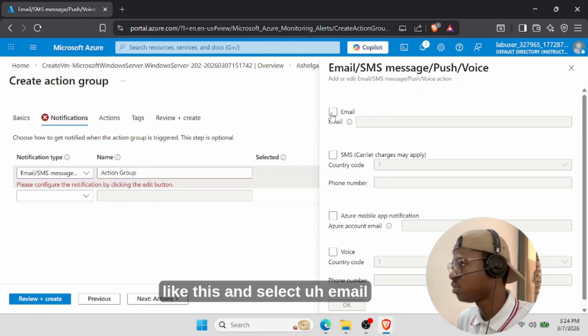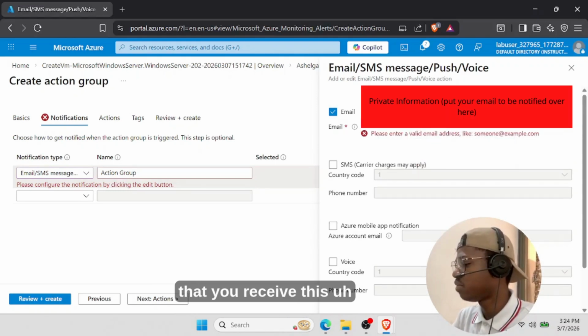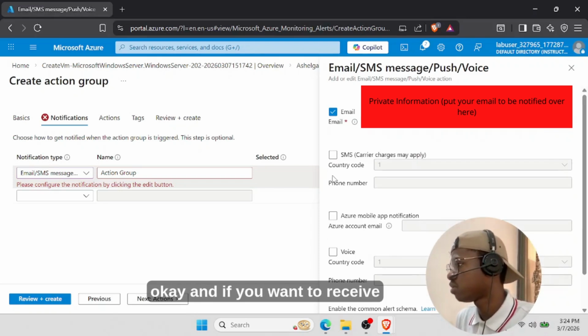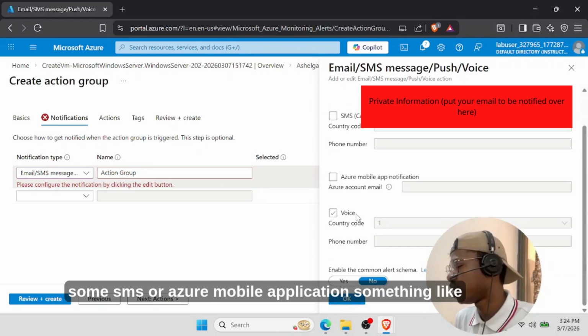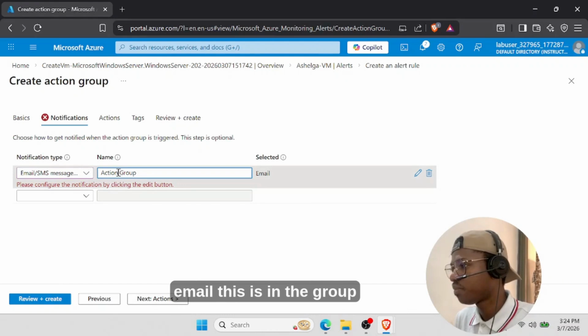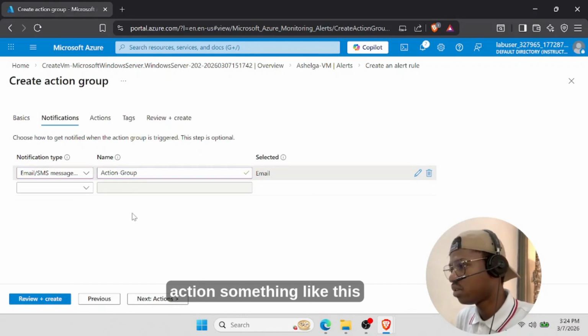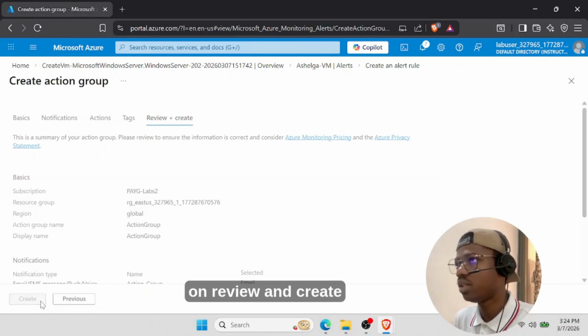something like this, and select the email, and we can put some email that will receive this notification. For example, this email, this is for test purpose, okay. And if you want to receive some SMS or Azure mobile application, something like that, you click on this one. Select email, this is in the action group. We don't need to go to action, we can click on review and create,